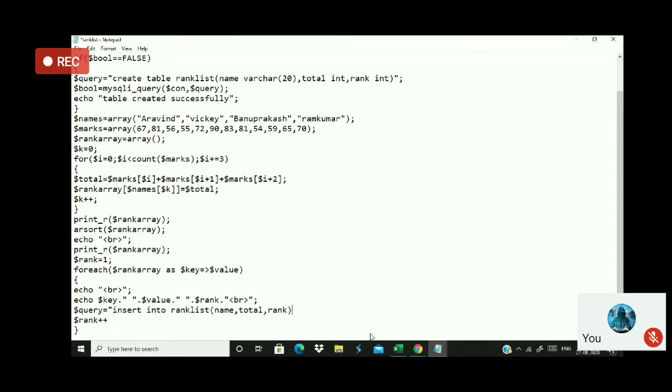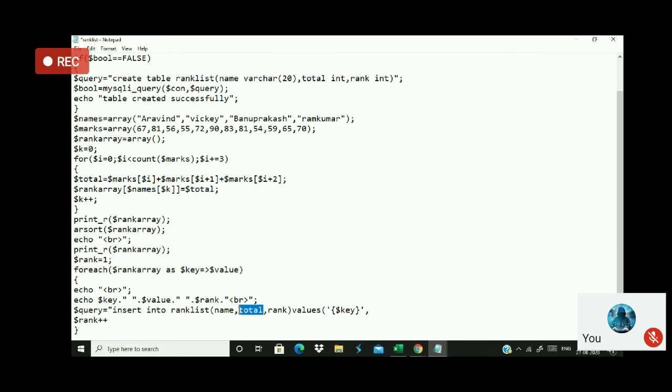These are only the fields. Now I have to put the values inside. So values. What is the first value? I have to put the value for this name. Where is the name here? Name is actually called a key here. You are just printing it as a key here, but it has to be pushed inside the database, and that key should be a varchar. So whenever I want to pass a varchar, it should be flanked by single quotes. And the name is represented by the value called key here.